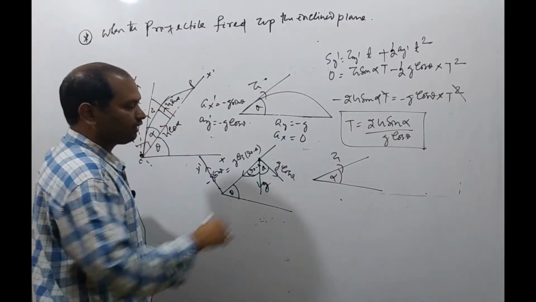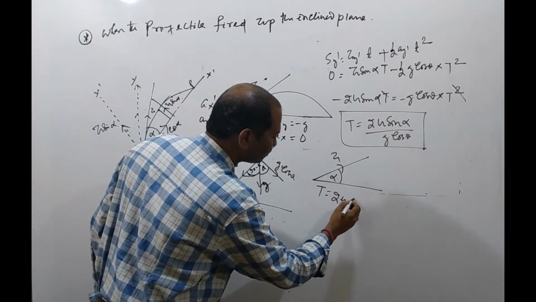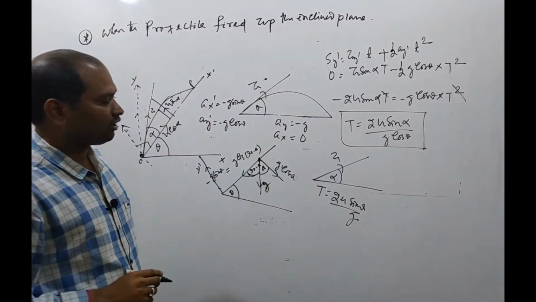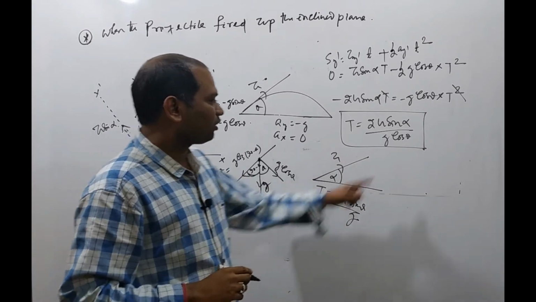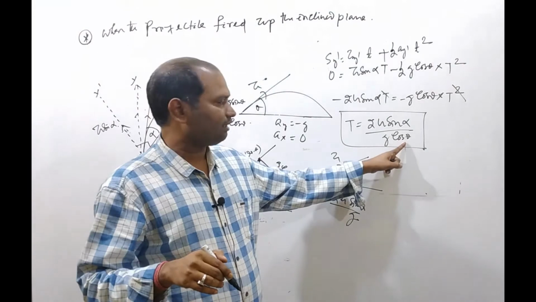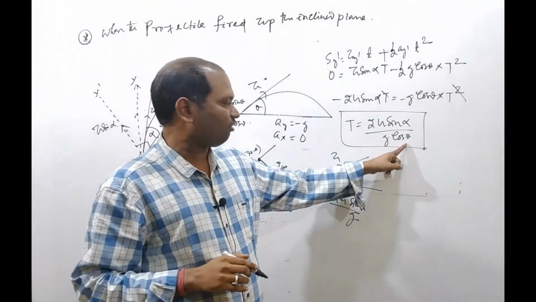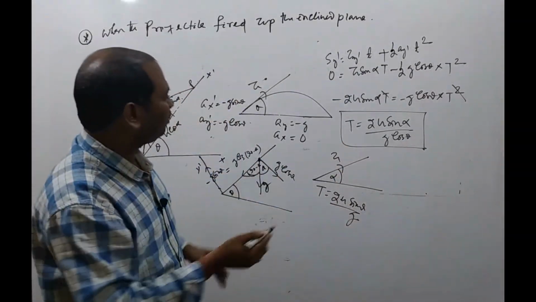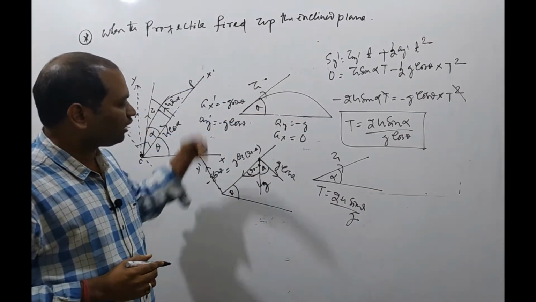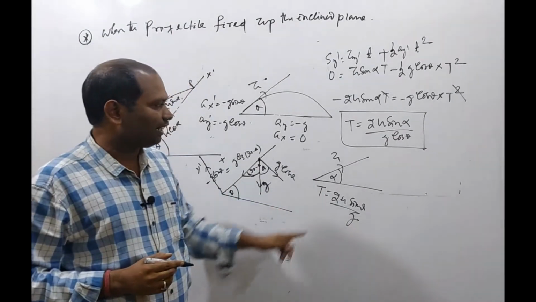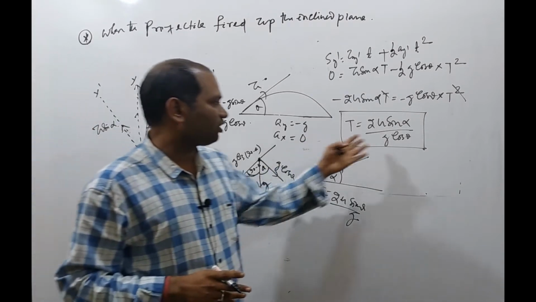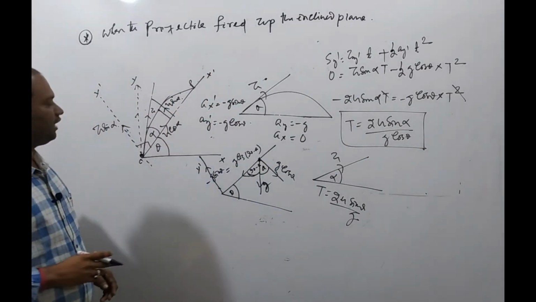Okay? Then the total time of flight in this case is how much? 2u sin theta by g. And implement here, that expression is coming or not? Here you see, putting theta equal to 0 degree. If there is no inclined plane, then the case will be a plane horizontal projectile motion, whose time period was 2u sin theta by g. That expression satisfied or not? Okay, this will be the total time of flight of the projectile on the inclined plane.